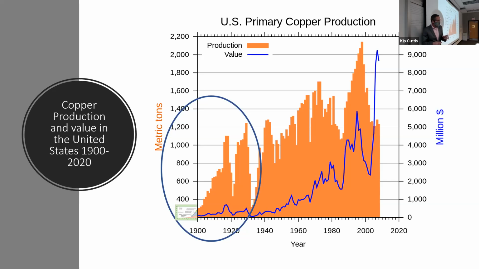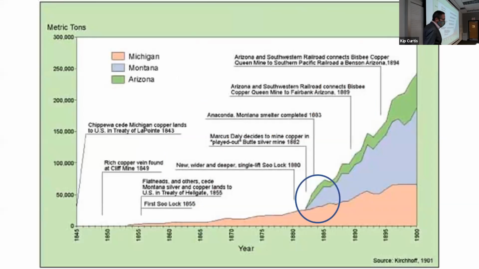What's more remarkable about this is that the ore being processed was of a lower grade every year as well. So miners had to work less and less valuable ore to get more and more copper out of the ground. We'll get to that in just a minute. Let's go back to the acceleration again for a second. And I want to think about the cause and effect here between technological change and material abundance,